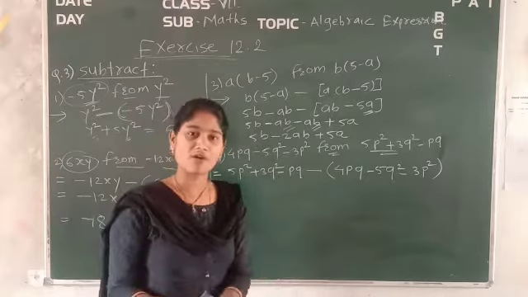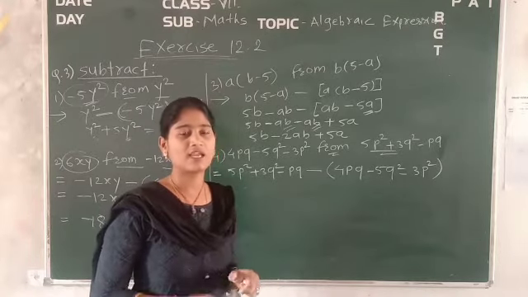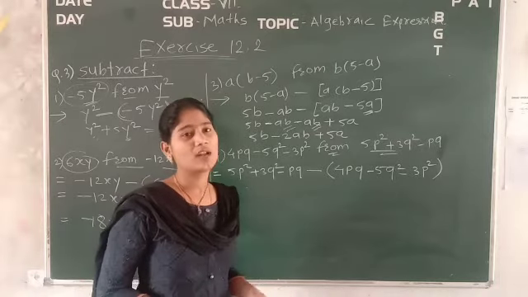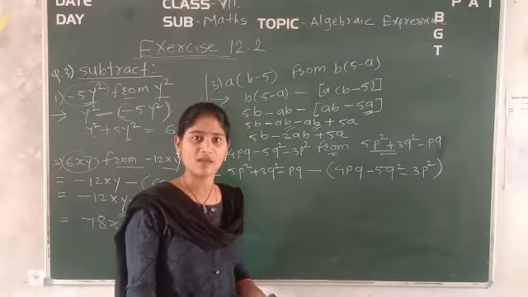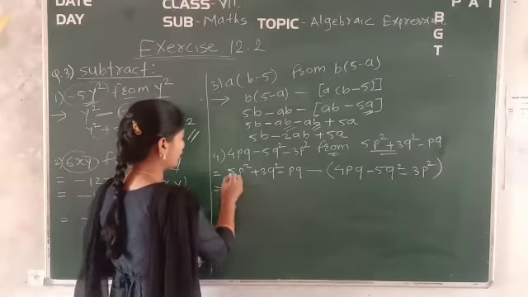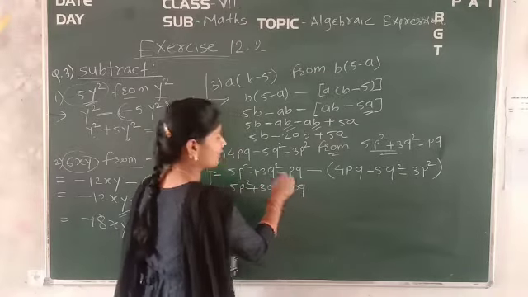Just keep more focus on the sign in front of the variables and in front of the constants. If you lose the sign, then the whole expression will go wrong. Even if it goes wrong, no problem. Do it again if it goes wrong. Which is equal to 5p square plus 3q square minus 3q. It will remain as it is.